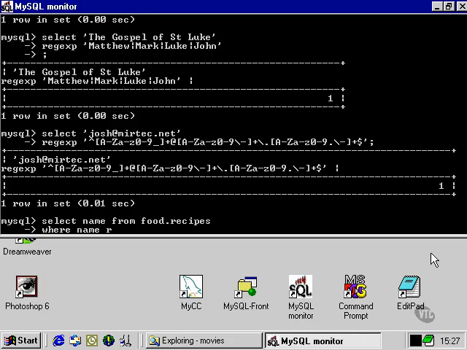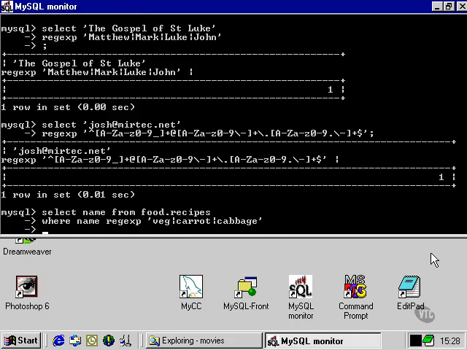So we're going to specify where name regular expression veg, and we'll use this straight up and down or symbol, carrot, cabbage, and name doesn't match, we'll say not regexp